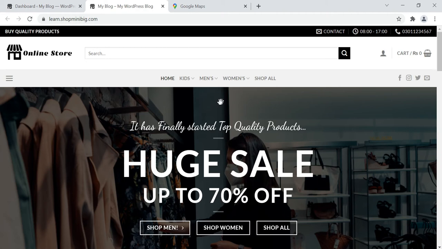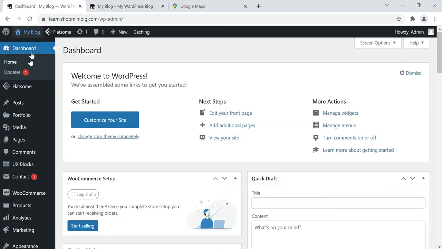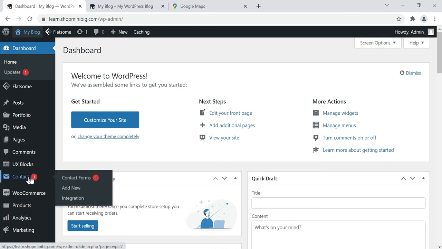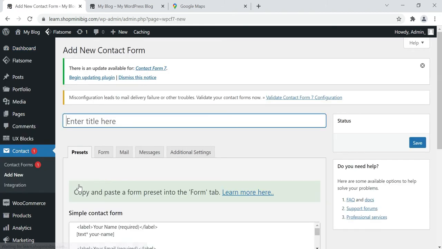Let's start this video. First go to your dashboard, then click contact, then click add new contact form. If you haven't installed Contact Form 7, first go to the plugins and install Contact Form 7. After installing the plugin, hover on contact and then click add new.